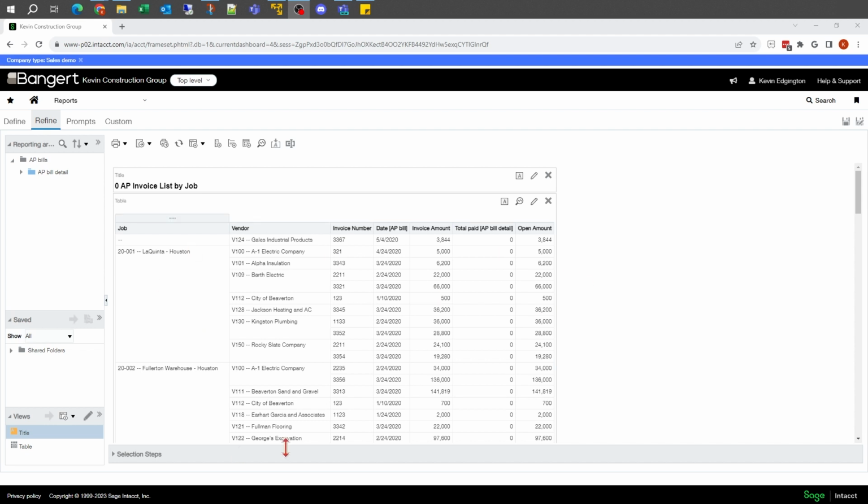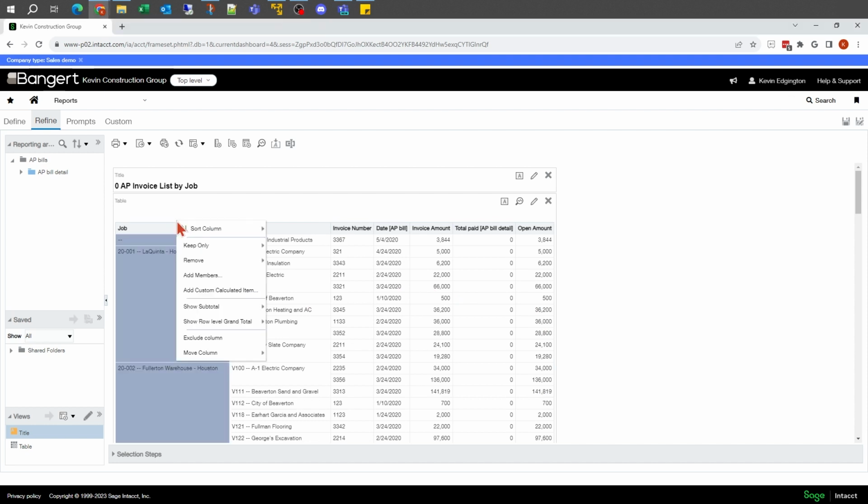So this is the same report that we've been working on with the prior sessions. We're going to go back into a right click on this column heading, and this is where you can control sorting.